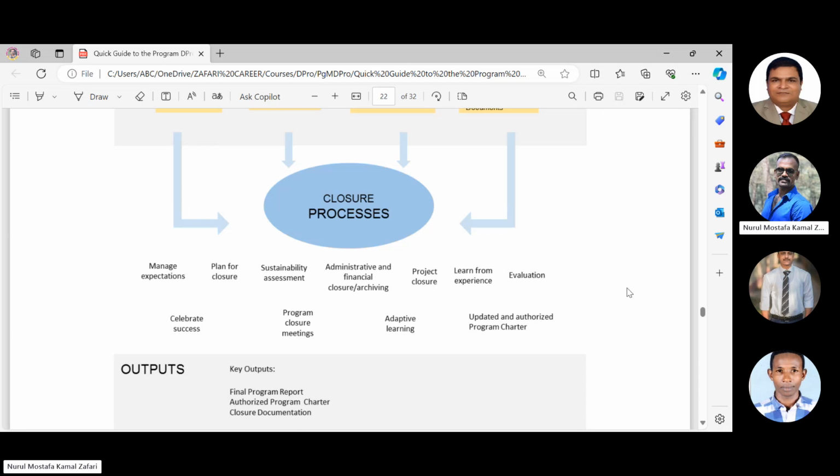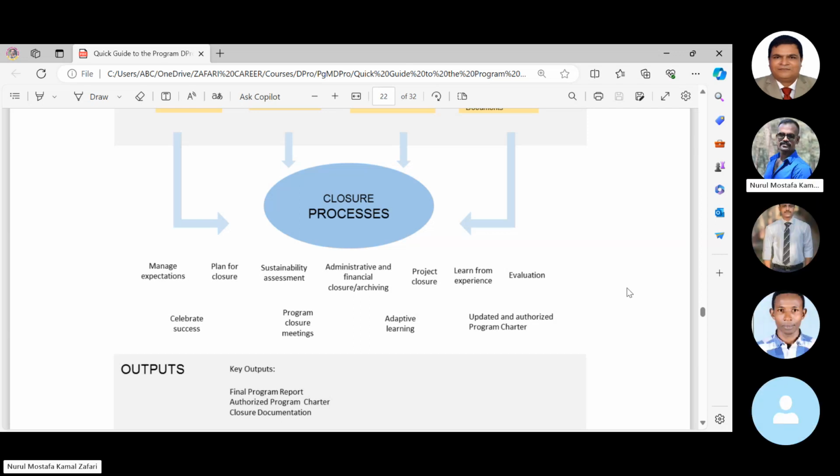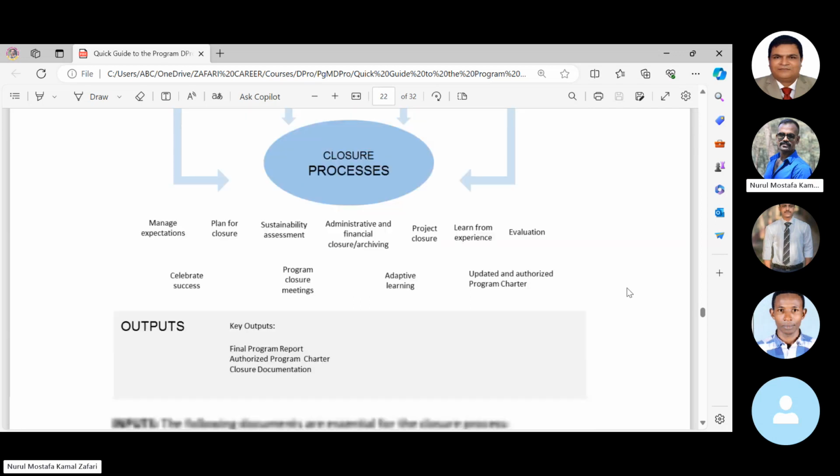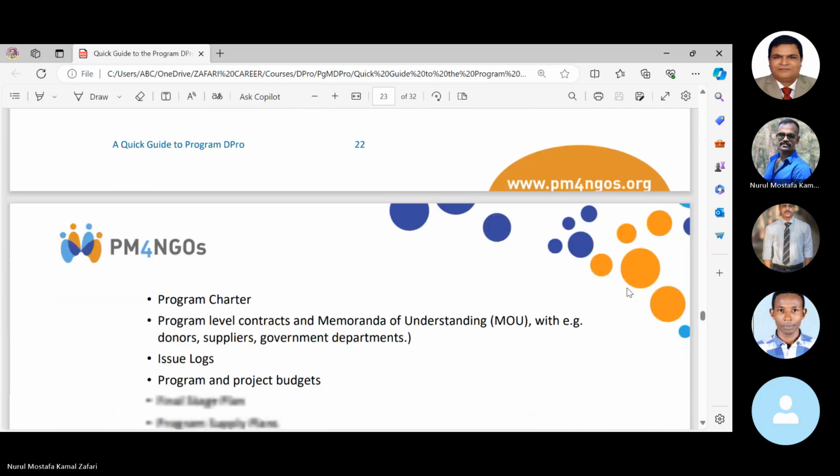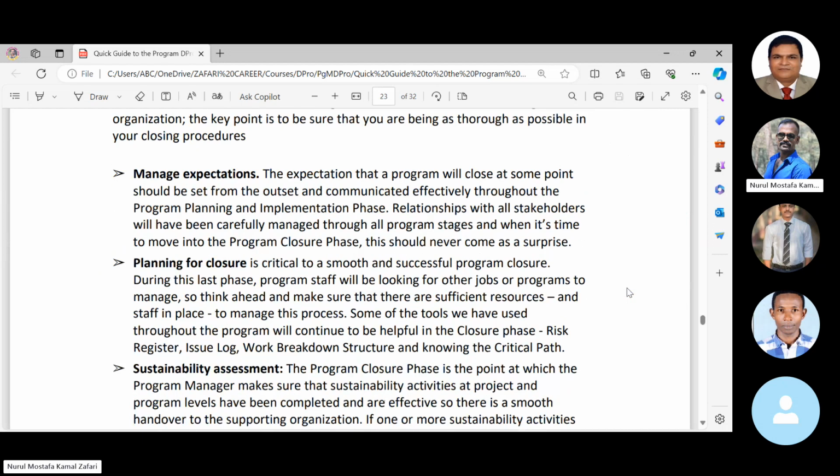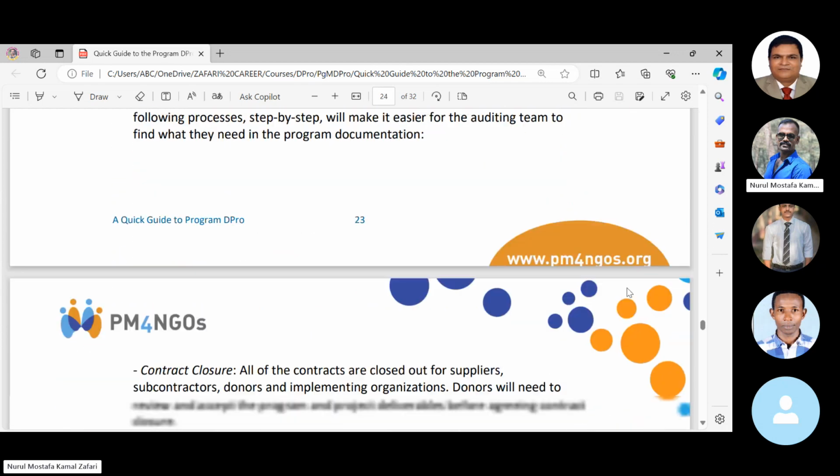Then closing individual projects. Then having a learning session or learning activities or exercise. Then program evaluation. Then celebrating the success. Having a program closure meeting. Then capturing the learning. Now finally update and authorize the program closing charter. These are the program management related issues we have